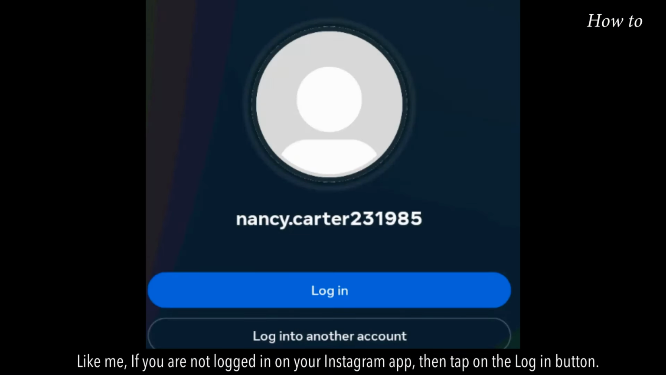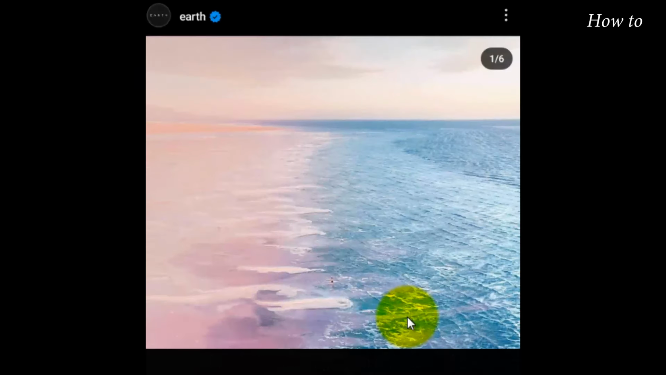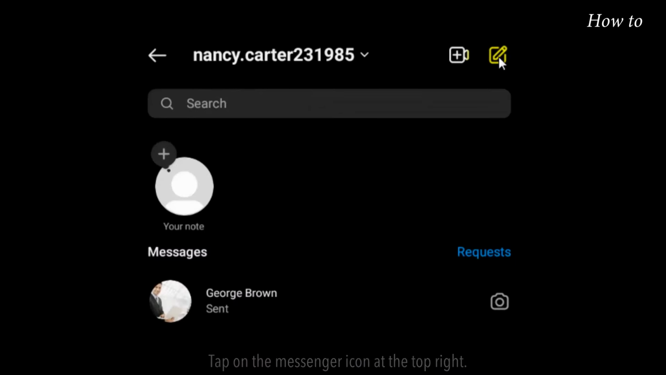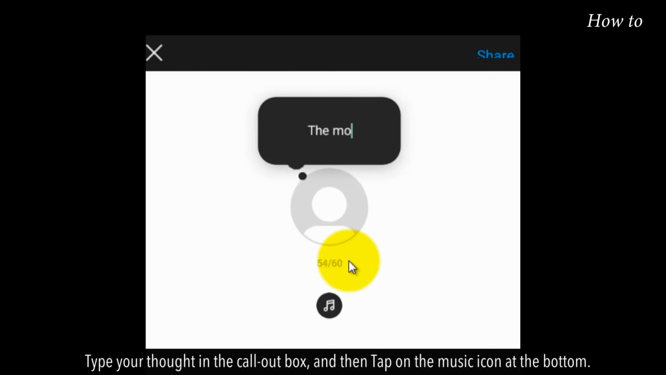Like me, if you are not logged in on your Instagram app, then tap on the login button. Type your Instagram password and tap on the login button. Tap on the messenger icon at the top right. Tap on the Your Note icon with a plus sign. Type your thought in the call-out box,